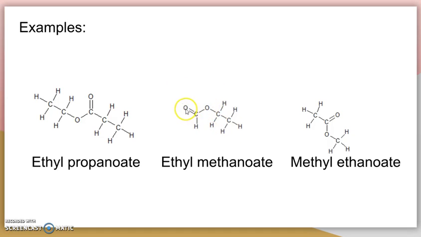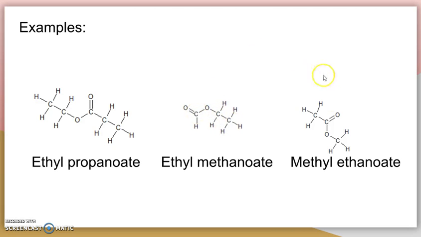Let's look at this ester. There is my functional group, double bond O, O, connected to a C. It also has 2 chains, although chain is difficult to use a word when you only have 1 carbon. But you can see on this side of the oxygen, I have 1 carbon, and on that side of the oxygen, I've got 2. This part of the chain will give me the last part of my name because it's got my double bond O connected to it. So the name for this ester will be ethyl